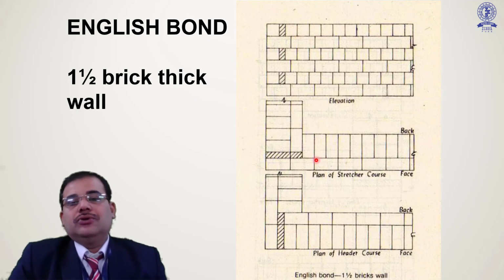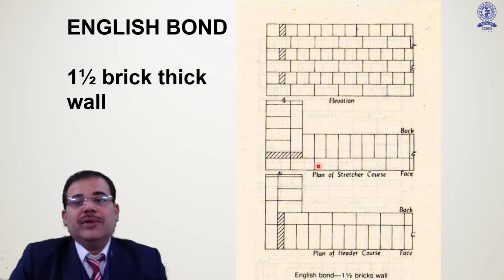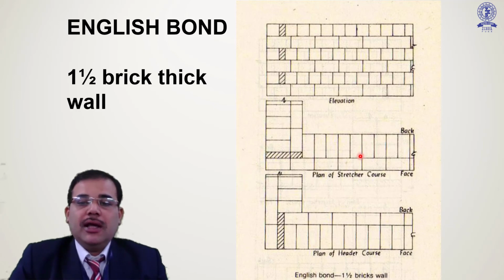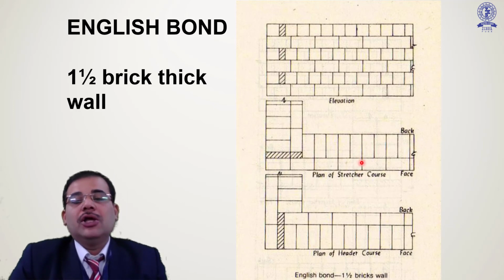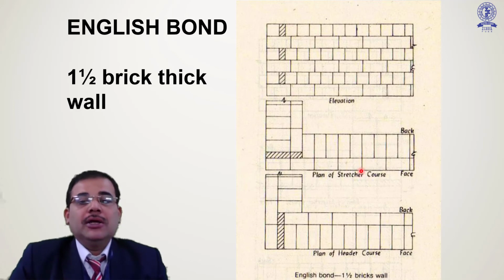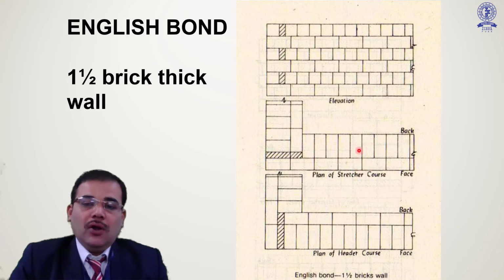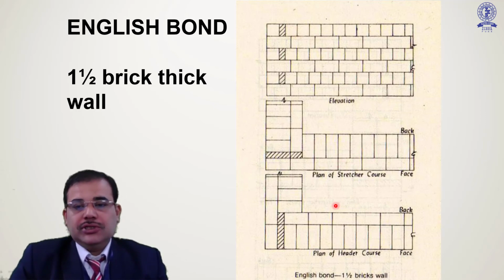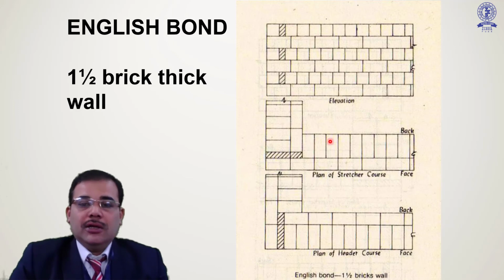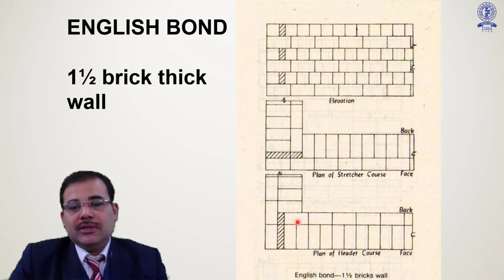But for this you need to maintain the wall thickness as 1.5. Then this will be the one brick thick, and then an additional half brick thick wall you can add by providing one stretcher layer along with one header layer. So in the next layer the arrangement will be different. This is the alternate layer arrangement where through the backing there will be the header. Now in the alternate layer there will be the stretcher, and to the facing there will be the header one. So you may get the elevation like this.